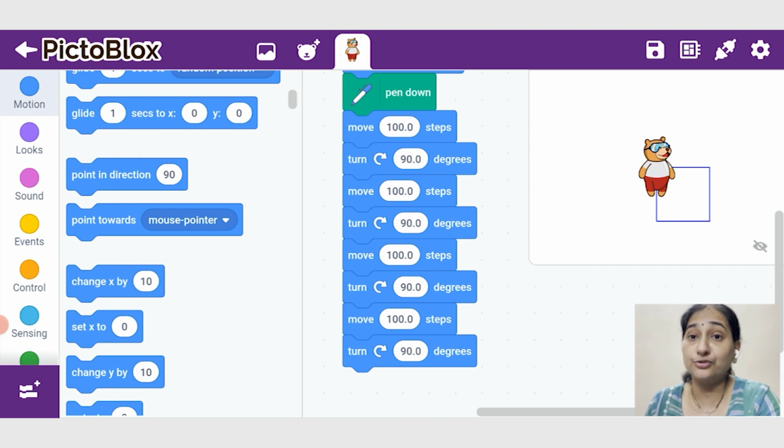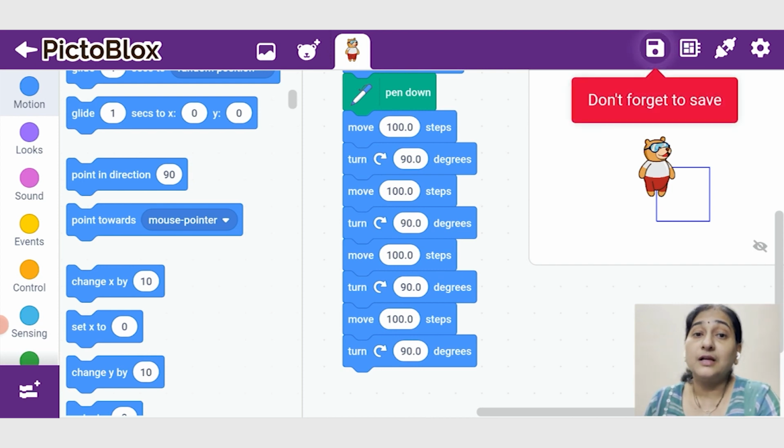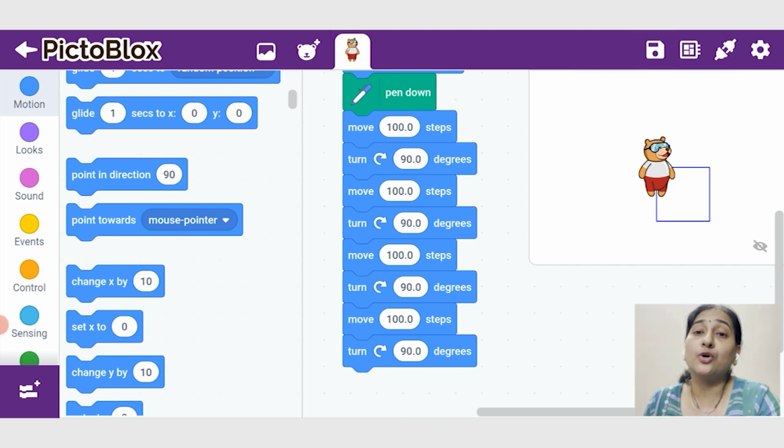Just as I mentioned to you, that clean slate is to be followed whenever you are starting to write your project, your programs. Similarly, remember after the clean slate, after you achieve your output, make sure Toby is brought back to its original place, facing in the same direction as it was facing at the beginning. These are some important points you have to note.